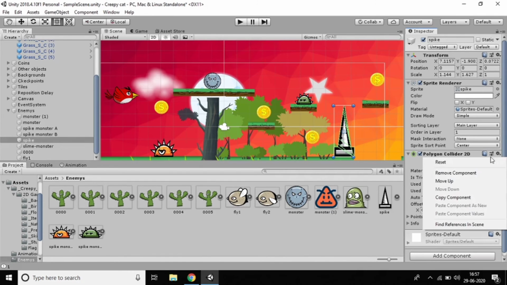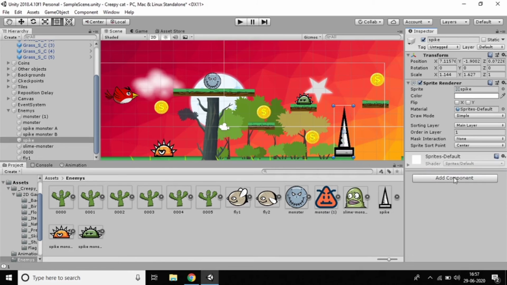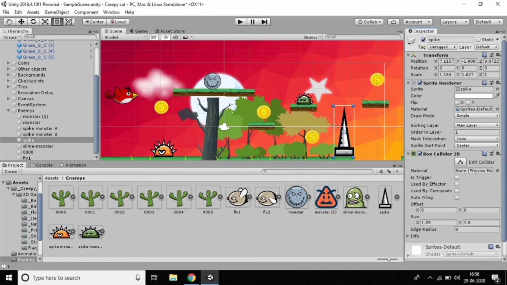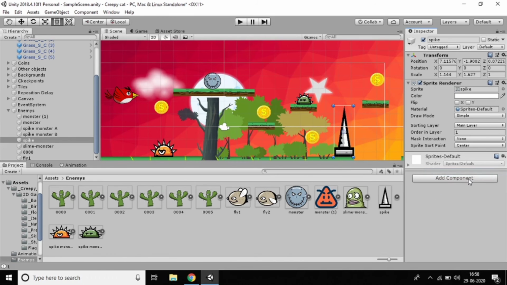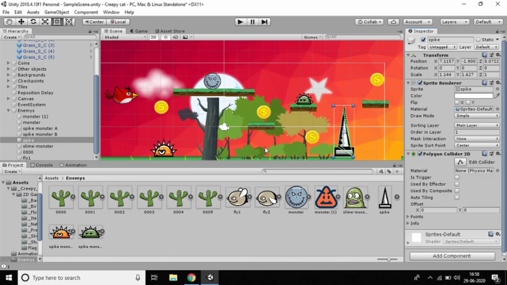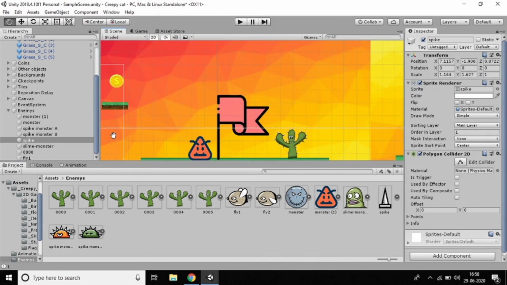You can see the difference. With a box collider, the whole thing will be there. It's better to add a polygon collider, because if the player touches that edge point only, it should die, right? So just add a polygon collider and go to the next enemy.